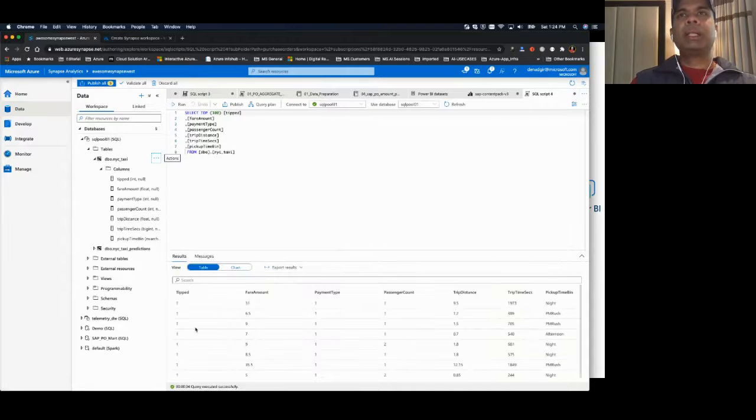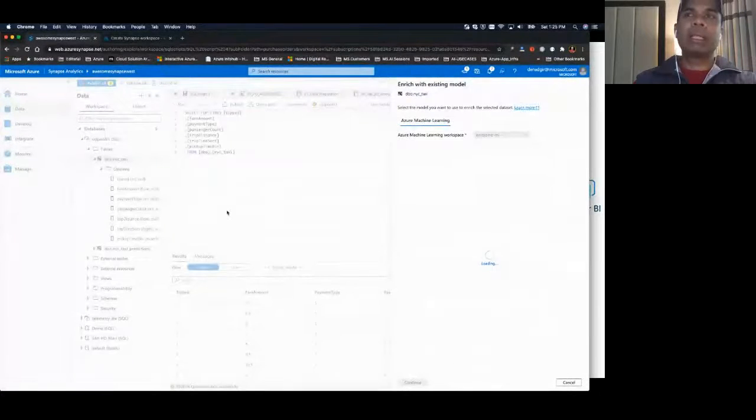So it executed this query. What it's showing is data that is storing trip information from New York taxis, whether you got tipped or not. So the problem that we are trying to solve here is, again, a simple binary classification kind of machine learning problem. But can I really look at enhancing this table or creating a new table using machine learning? So what we are looking at here is connecting into a machine learning workspace,